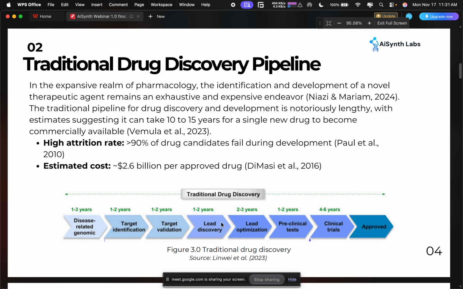So now we have to start testing every drug that we have. That's the traditional drug discovery pipeline. So it's exhaustive. It is expensive. Imagine, even in a university setting, maybe in your final year project, a project takes about 4